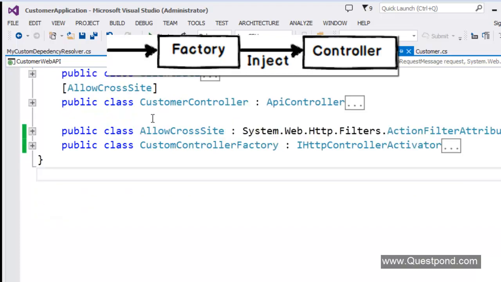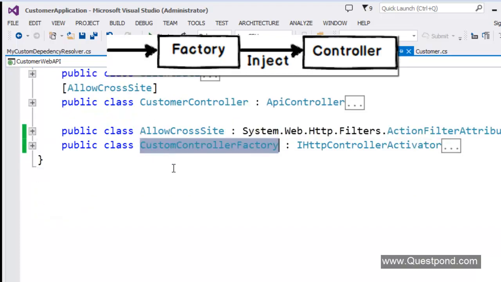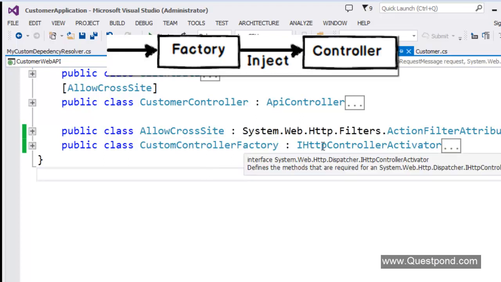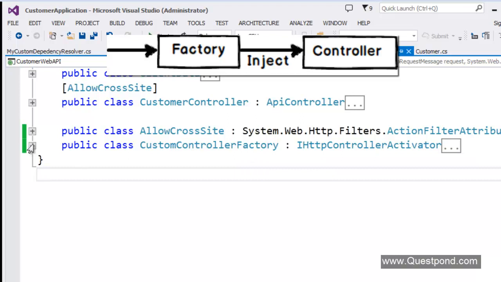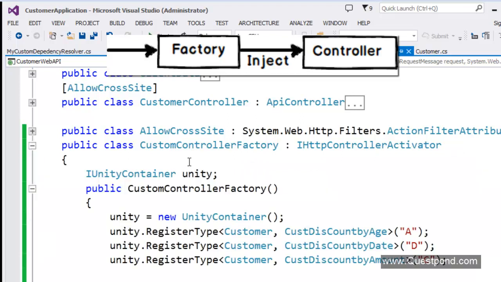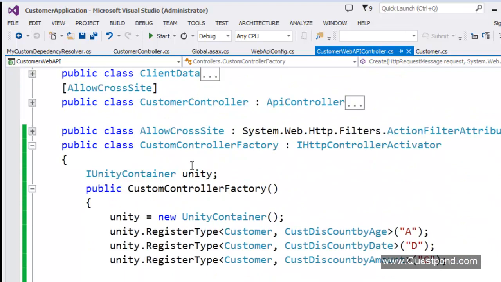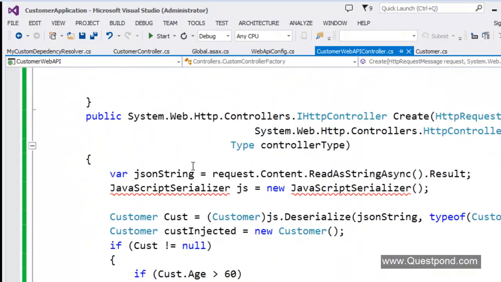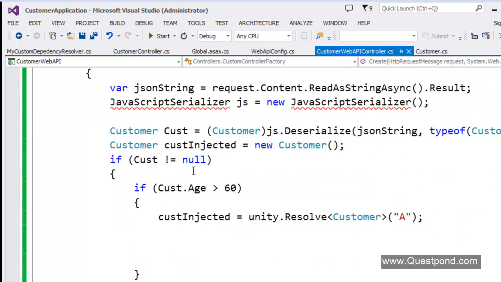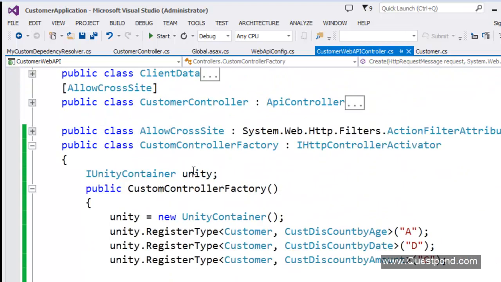So I've created a very simple class here called custom controller factory, which implements IHttpControllerActivator. This interface is responsible for intercepting every request that comes into the web API. So as soon as the request comes in, we intercept it, and depending on the request, we go and create that controller object.